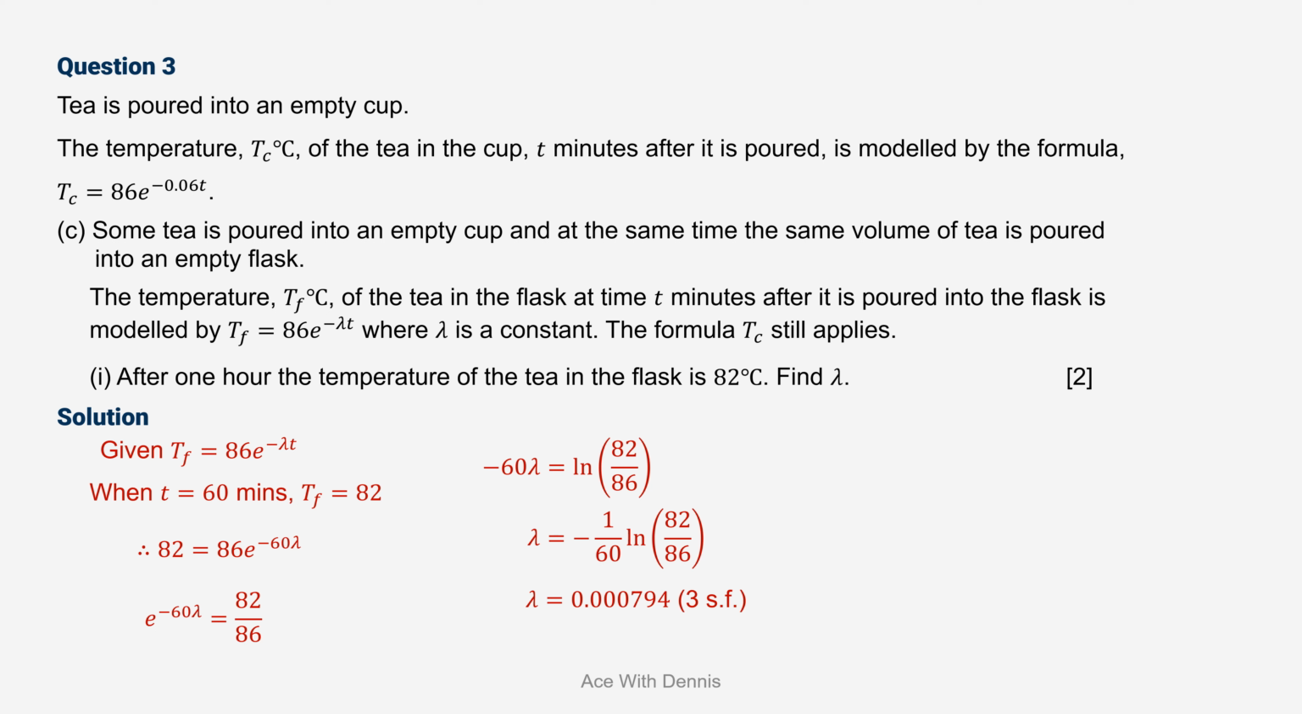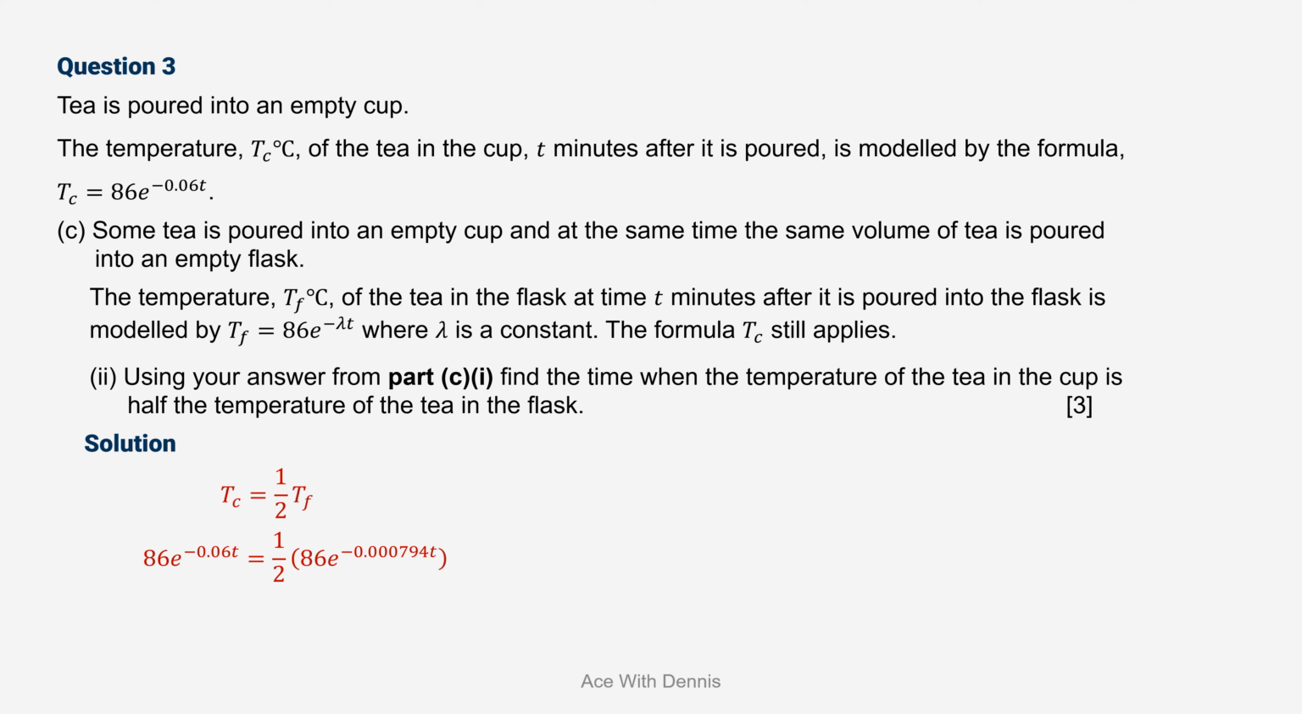Then we substitute the formulas of Tc and Tf into this equation. We will get 86 e to the power of negative 0.06 t equals half times 86 e to the power of negative 0.000794 t. The next thing we need to do is solve this equation to get the value of t. First, cancel out the 86 on both sides. Then the equation becomes e to the power of negative 0.06 t equals half e to the power of negative